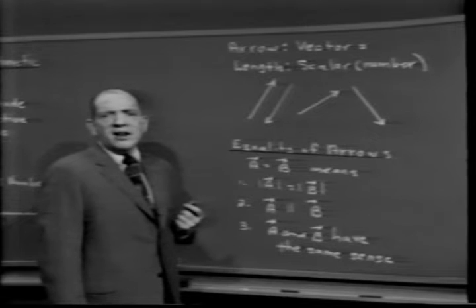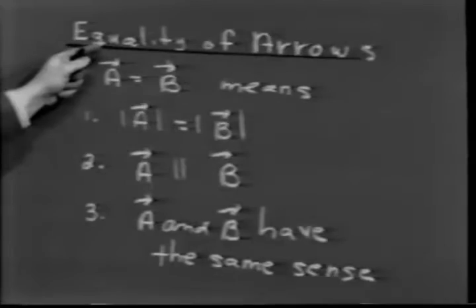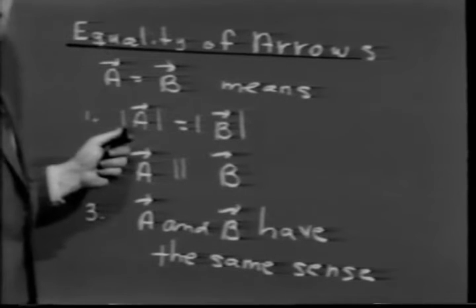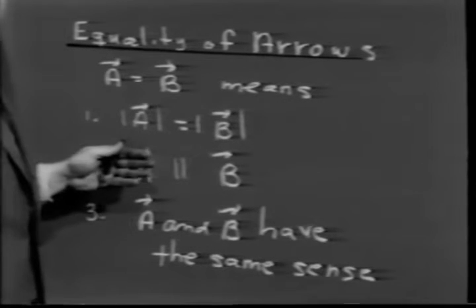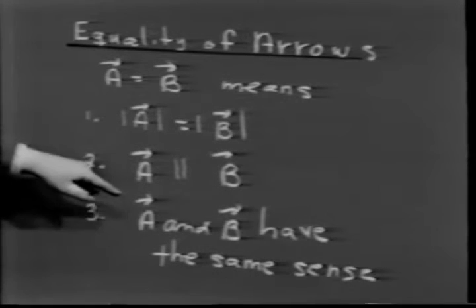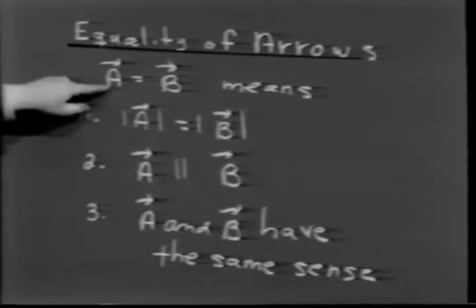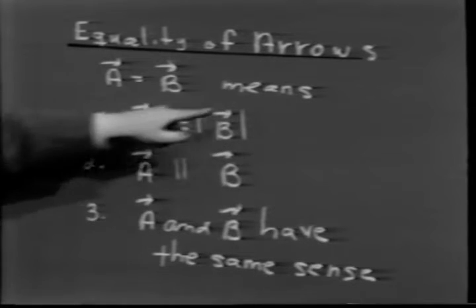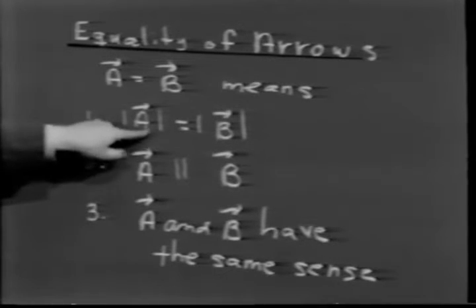See, what shall we mean by even saying that two vectors shall be equal? The equality of vectors. And I claim the following, and let me just state this cold-bloodedly until we come to the end and show what we're driving at again. To say that the vector A equals the vector B means that, first of all, the magnitude of A equals